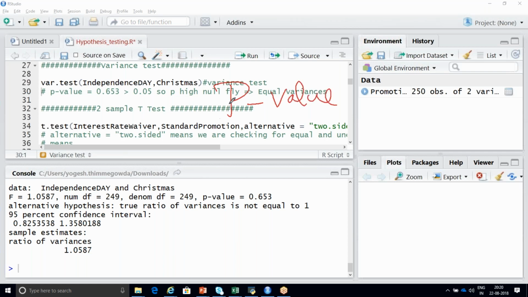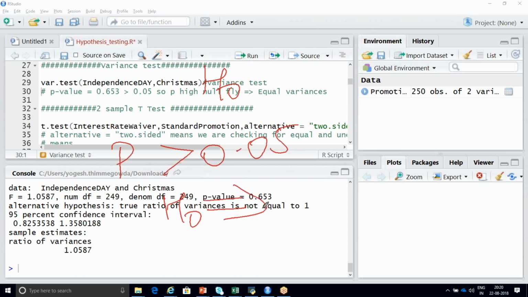Based on your p-value, this is your thumb rule. As I explained in hypothesis testing, if the p-value is greater than 0.05, you should accept your null hypothesis. That is the reason in every step you should write your null hypothesis and alternate hypothesis. If your p-value is greater than 0.05, your variances are equal.